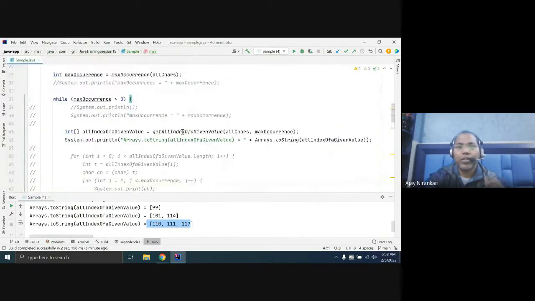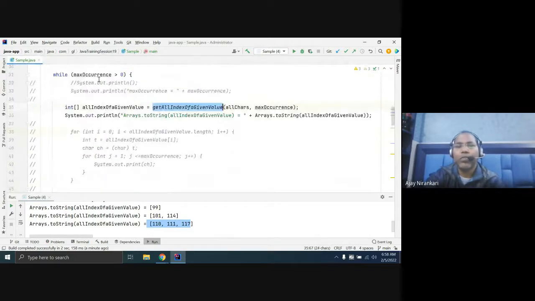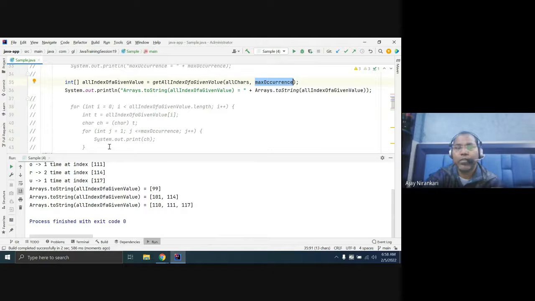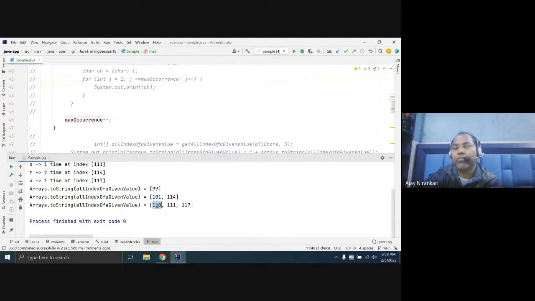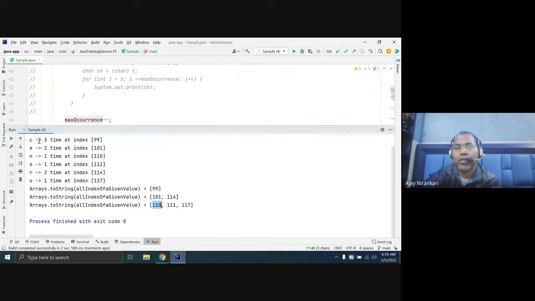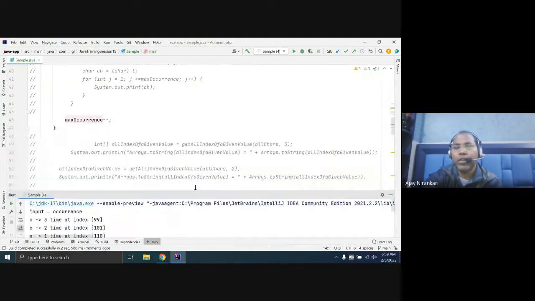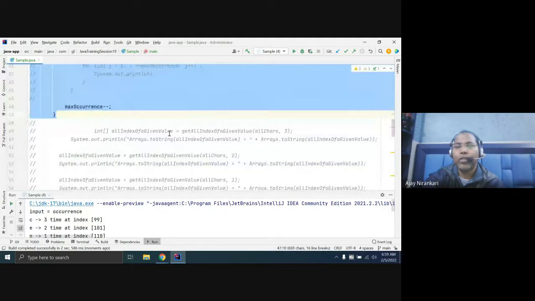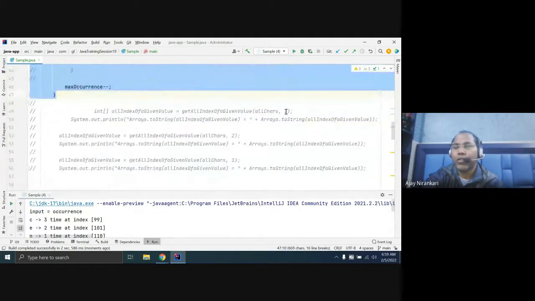So instead of writing these lines 3 times, I make a loop: first time 3, second time minus minus becomes 2, and then 1. So this code is written one time, but you are calling it 3 times. First time your max is 3, this is the 3 you are passing, next time 2, next time 1. Are you getting it? So for each index we are running the loop, instead of writing the same code 3 times. This is your first max length, next max length, next max length.